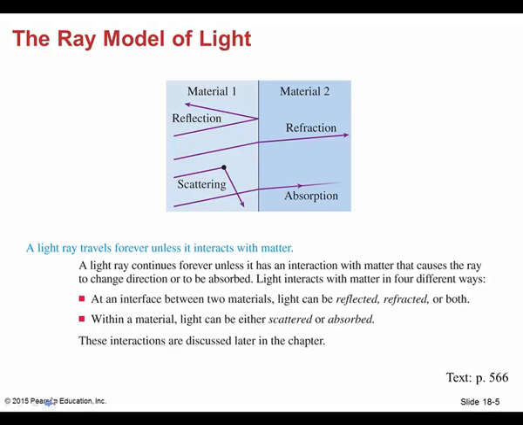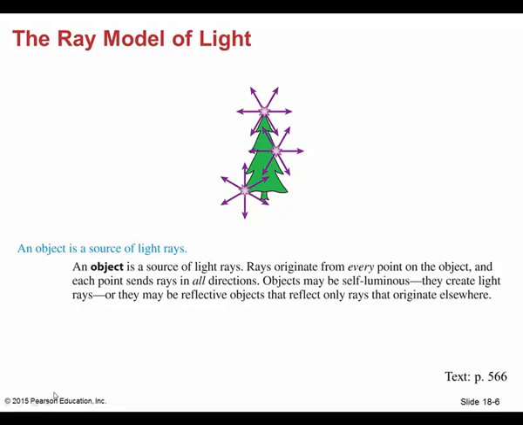And of course, it all depends on the type of interface you have, the angle of incidence, and the index of refraction, which has a lot to do with what will happen to the light ray once it strikes the object. Now, we can treat objects as a source of light because all objects reflect light, okay? Some absorb light, and they of course appear black, but objects give off light. Now, we can treat each point on this Christmas tree as a point source of light,